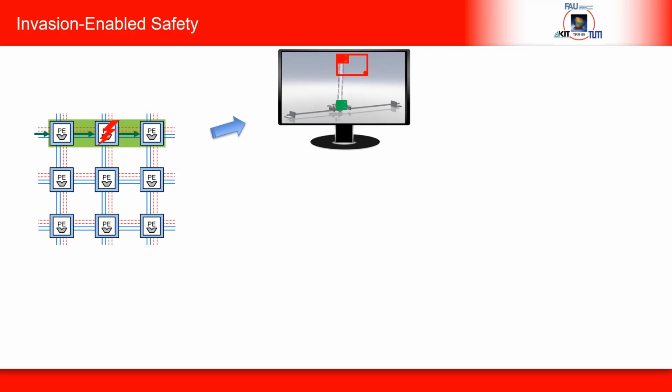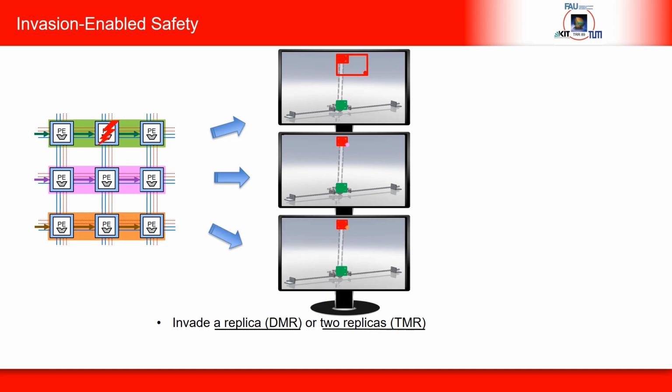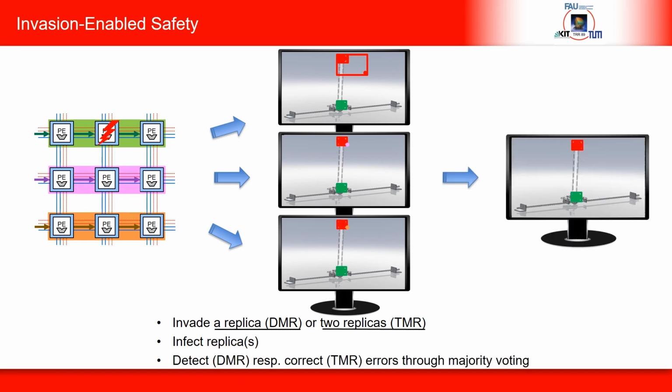As can be seen, the controllability is again impaired, this time due to wrongly computed pendulum positions, leading to wrong control values. As a remedy, the invading program may claim a replica row of processors, or even a second replica. These schemes of replication are also known as dual modular redundancy, DMR, or triple modular redundancy, TMR. As the replicas simultaneously execute the bounding box algorithm through infection, a single error may be at least detected in case of DMR. In case of TMR, a single error may even be compensated by outputting the majority of the 3 individual results to the controller.